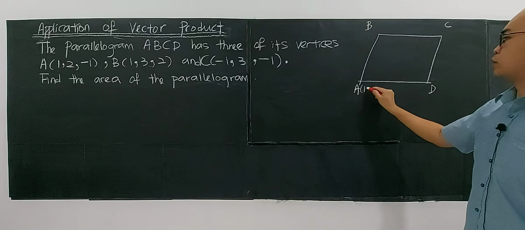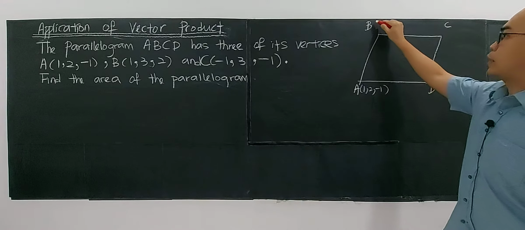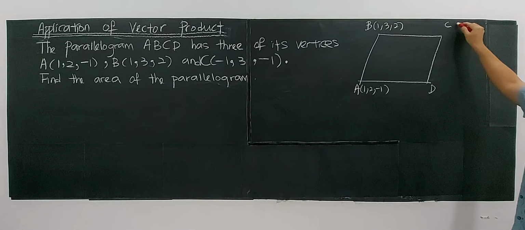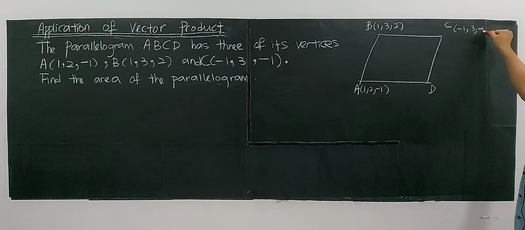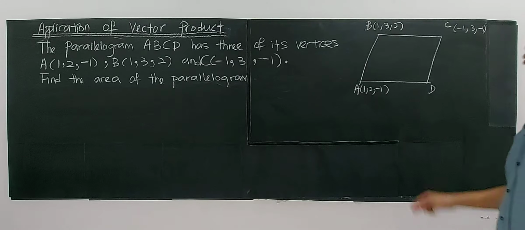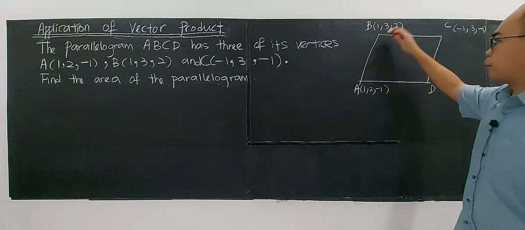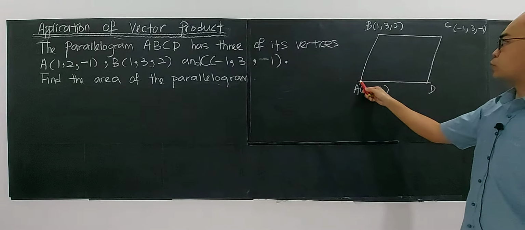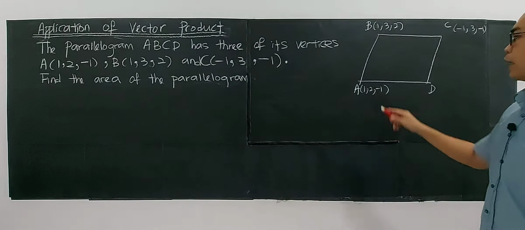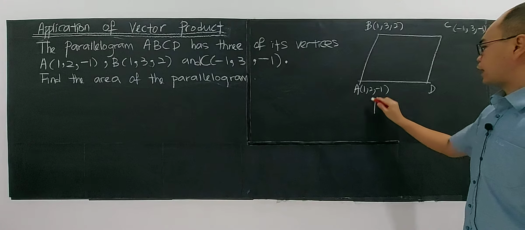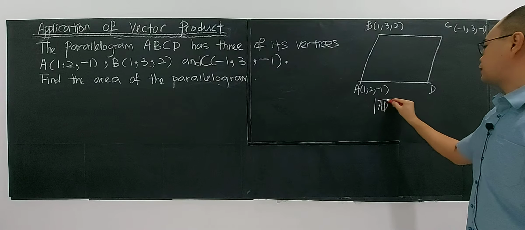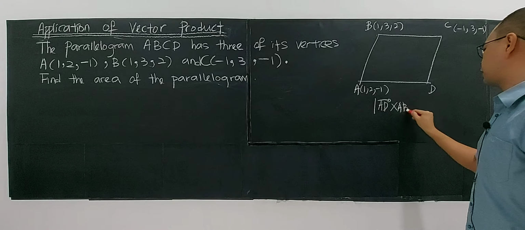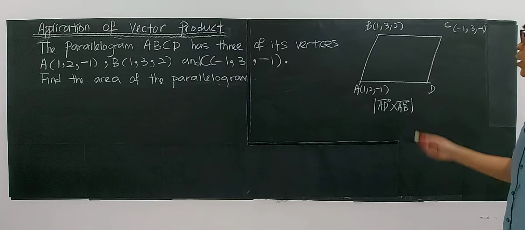Point A is given to be (1, 2, -1), point B to be (1, 3, 2), and point C to be (-1, 3, -1). As you know, if you want to find the area of parallelogram, I can apply AD cross with AB and find the magnitude, which is the area of the parallelogram here. I can find AD cross with AB,